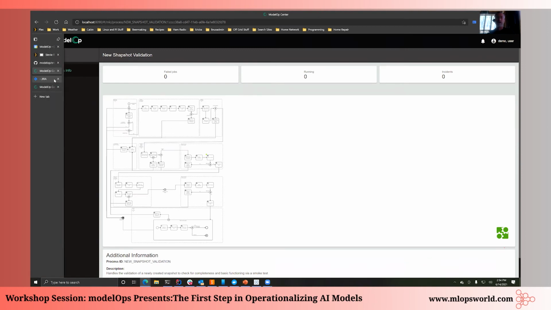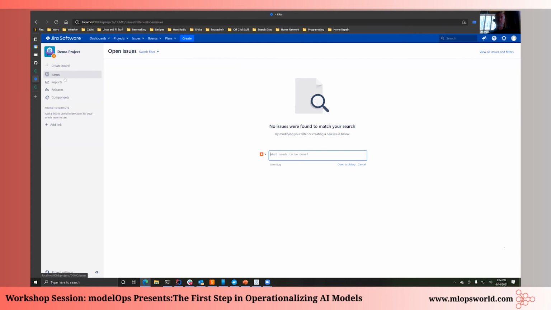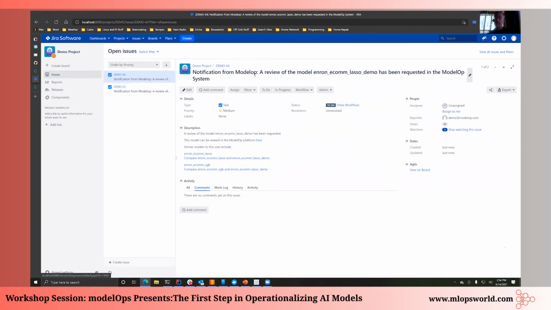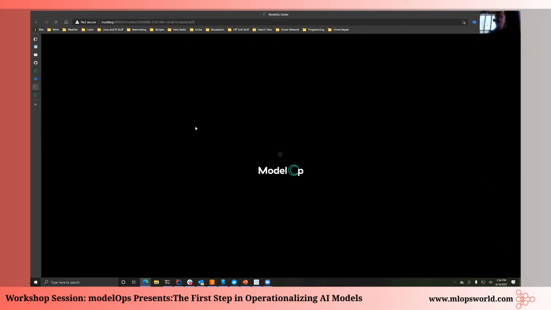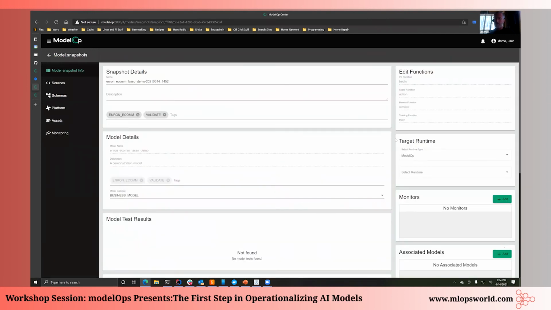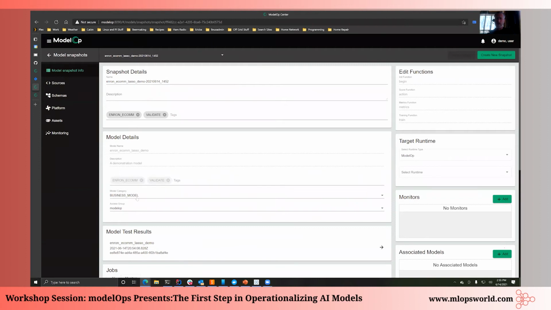So now again, rather than coming into our system to do these things, this is standard Jira, where we go on that. As a reviewer of the model, I can see I've got a review requested of the specific model. So I can see that the review has been requested. I can immediately get back to the information about the model and the specific snapshot. And the cool thing here is I can see, oh yeah, there's the